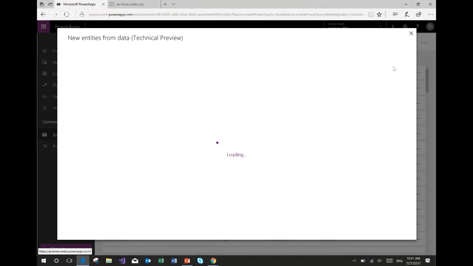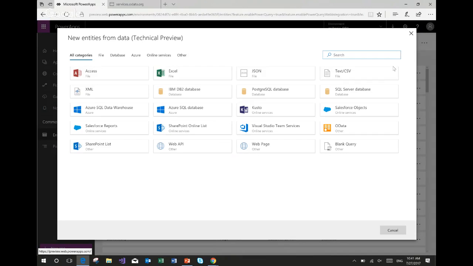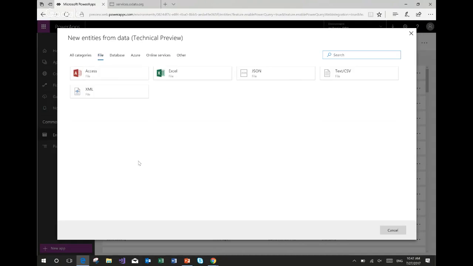So once I click into the option, we're going to take you into this new dialog. It's taking a little bit of time to load. There we go. So this is a different form factor, but many of you would recognize familiar aspects compared to the Get Data dialog that you're used to in other Power Query clients, like say Power BI Desktop. So you can see the data sources that we offer. I mentioned it's about 20 at this point, and there's a few categories where we split, so different form factor, but the same categories.